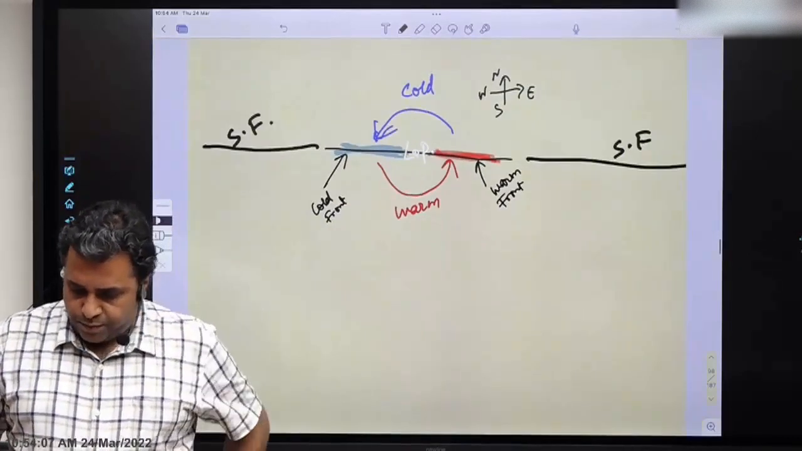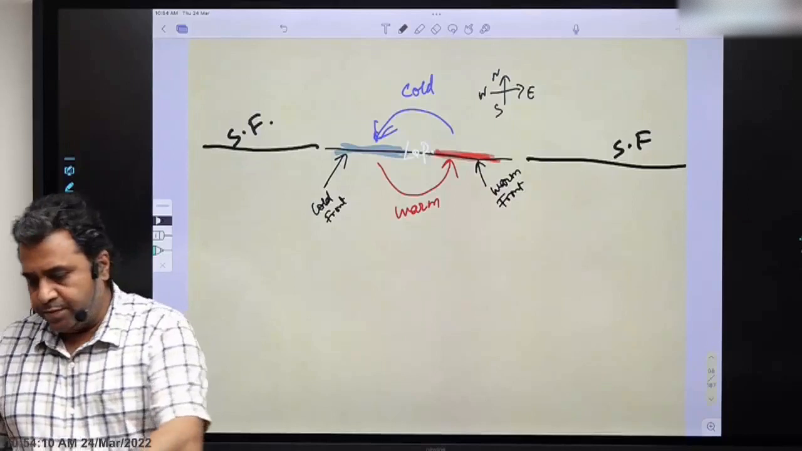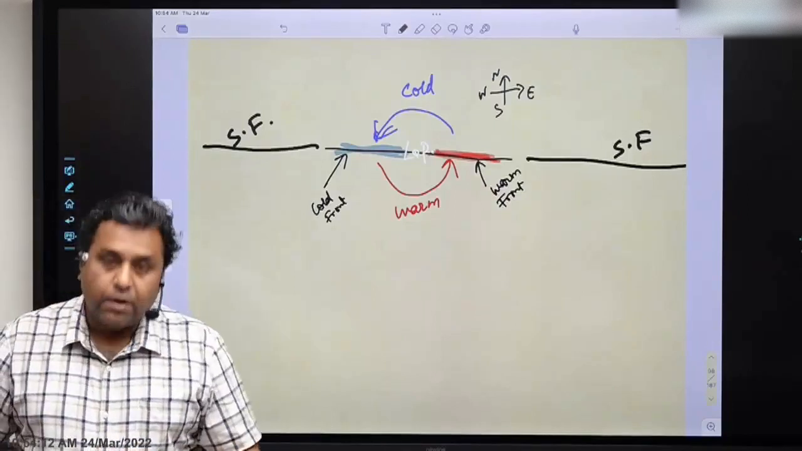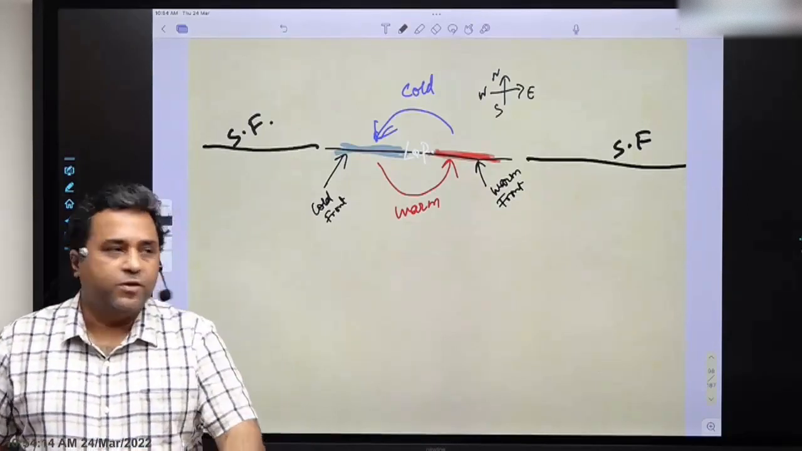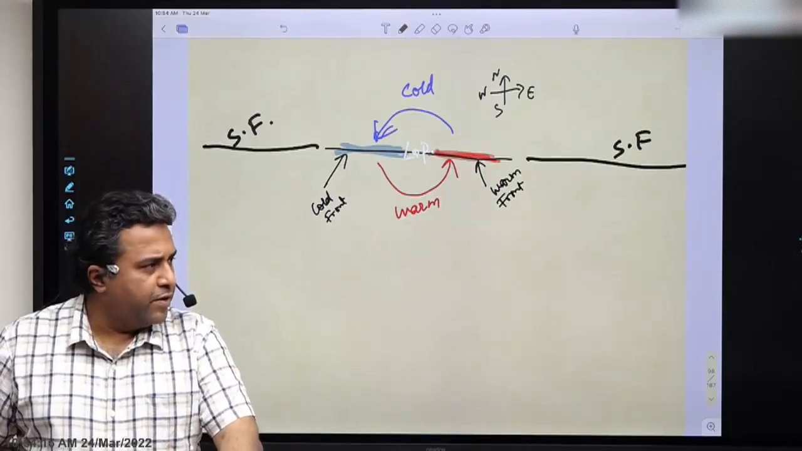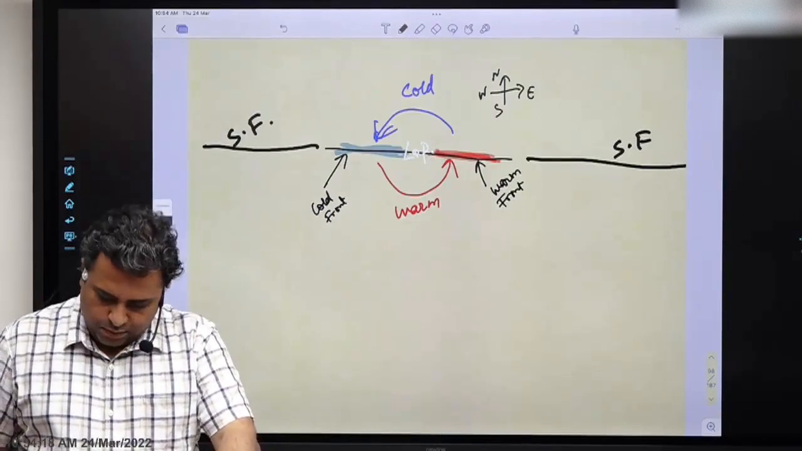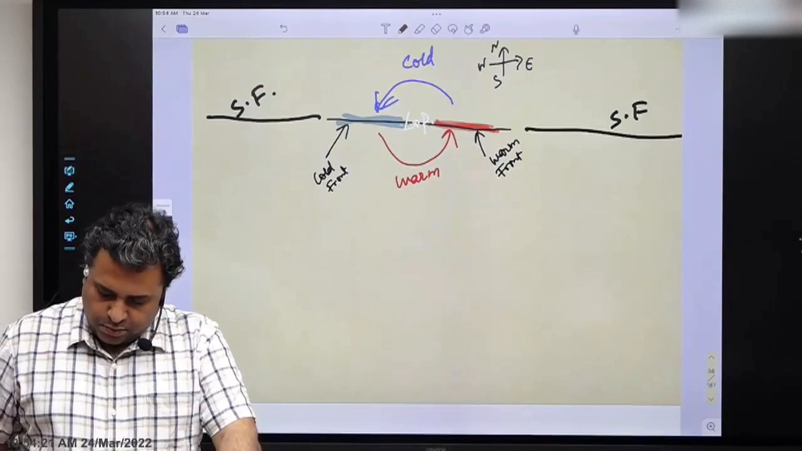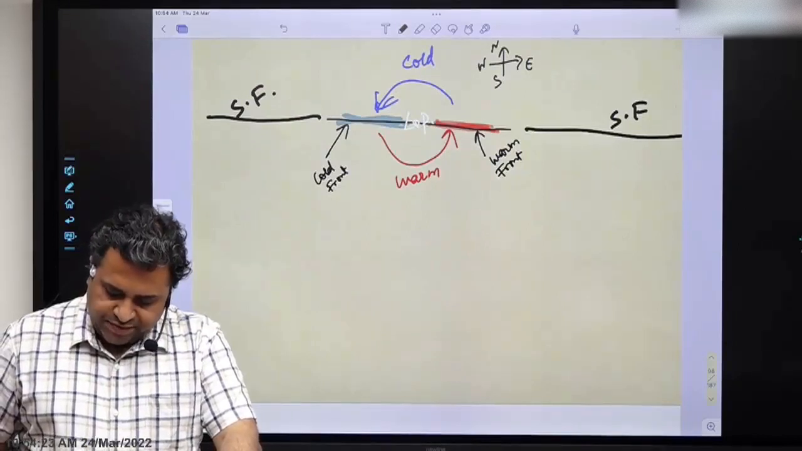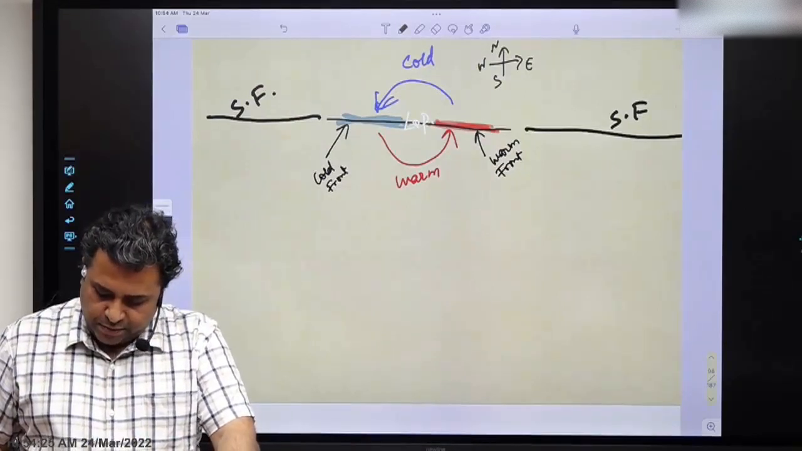So, I guess this much is clear to all of you, right? Now, should we move beyond? Any doubt? Yes, tell me. As we go higher in air mass,